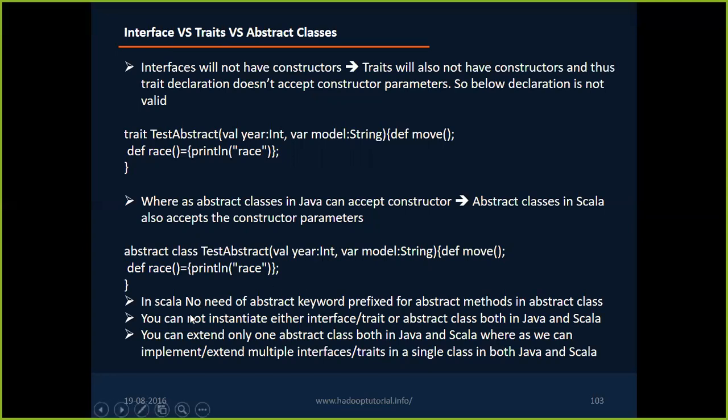And in Scala, there is no need for the abstract keyword prefixed to every abstract method in an abstract class. But in Java, if you don't have an implementation for a method, you have to make it abstract inside an abstract class. For the methods that you have implementation for, they don't need to be abstract. So that's the difference between a Java abstract class and a Scala abstract class. And you cannot instantiate